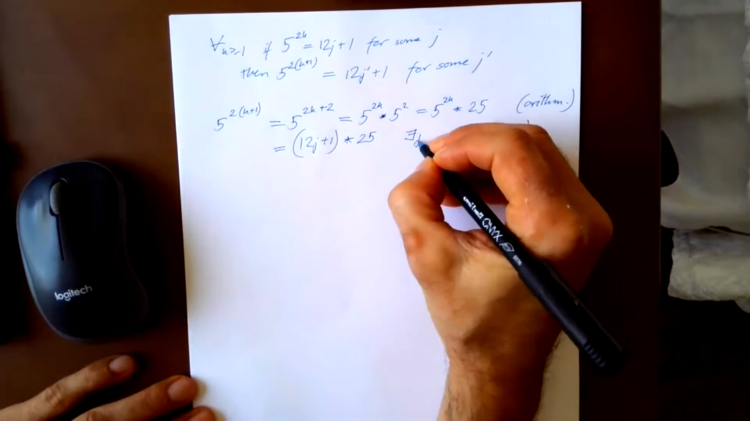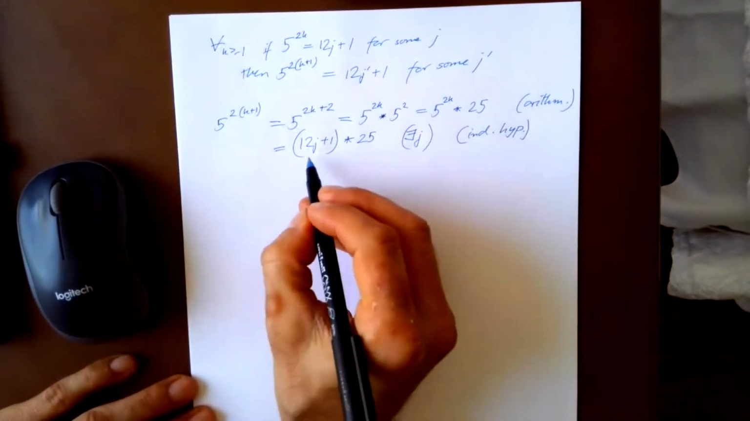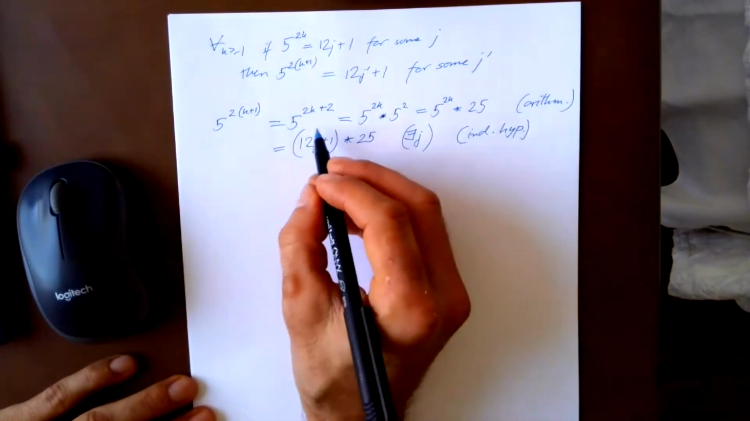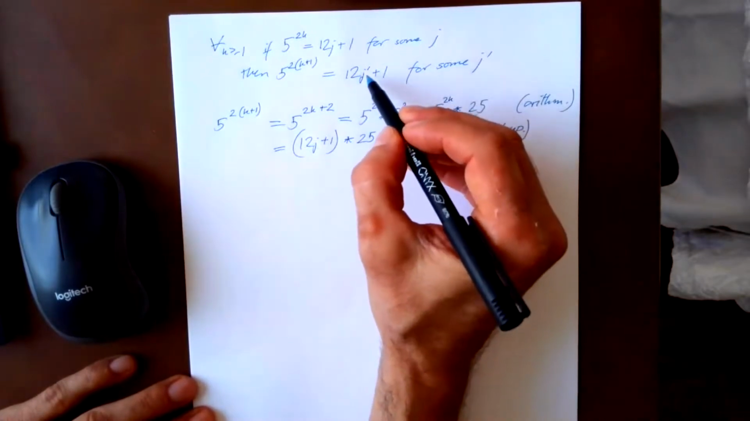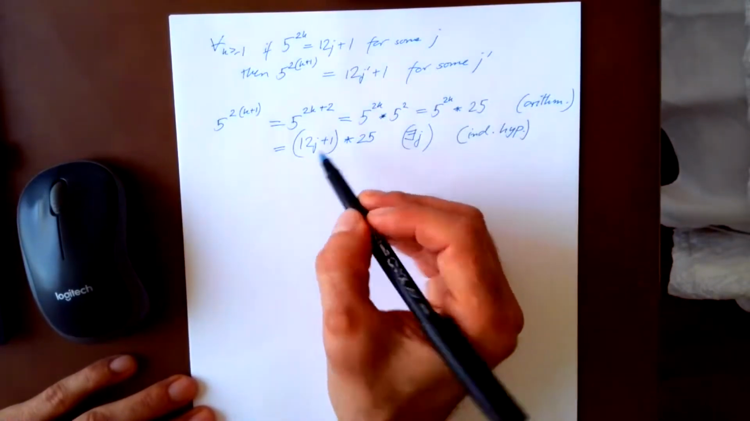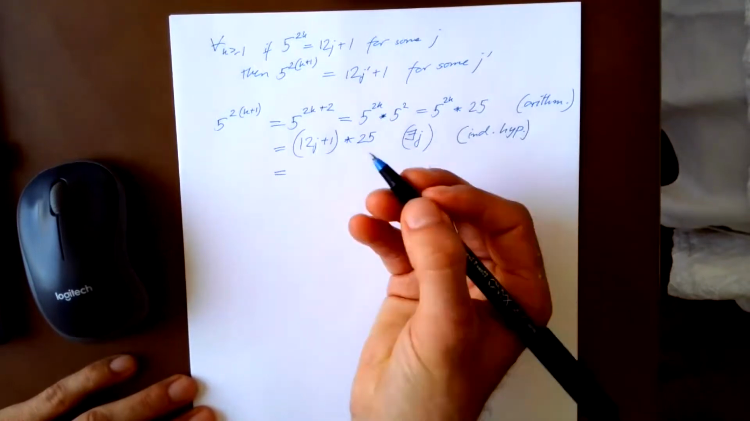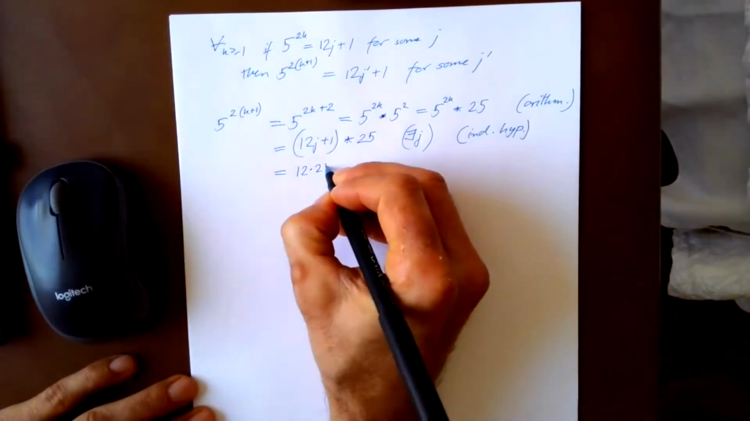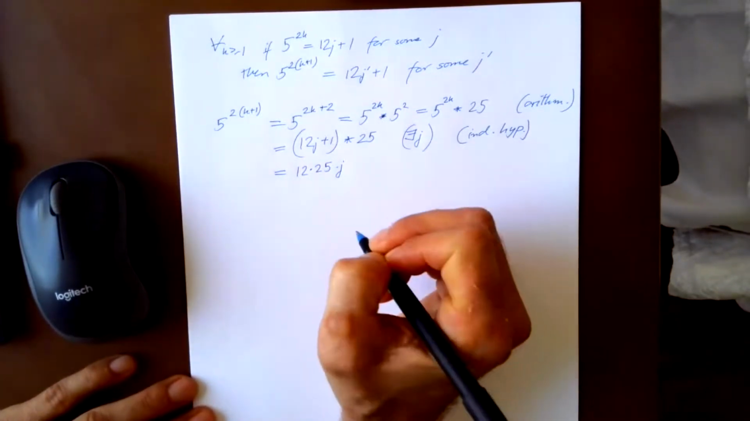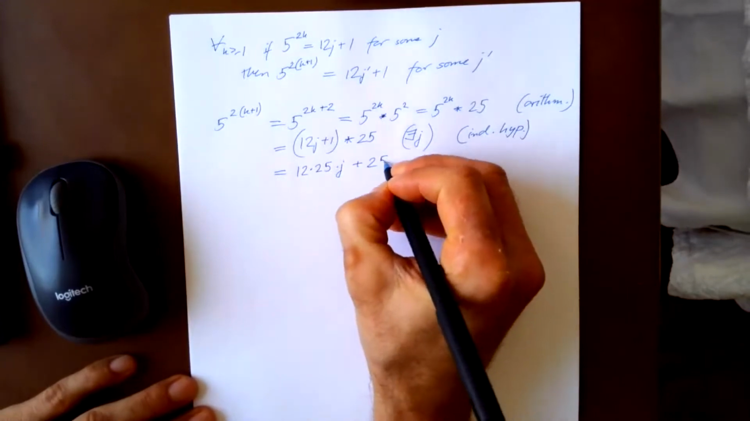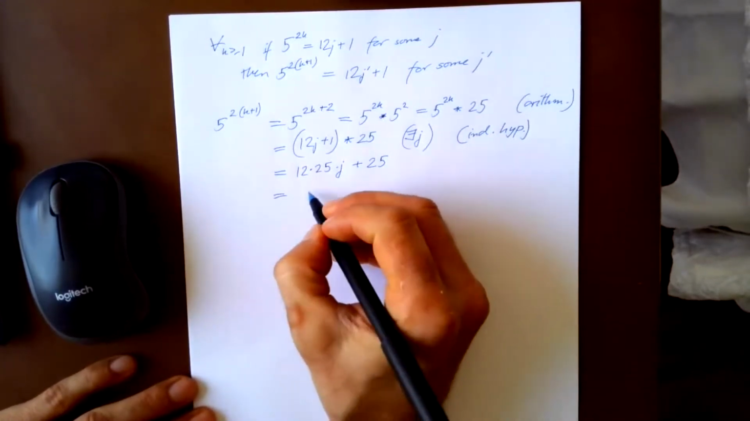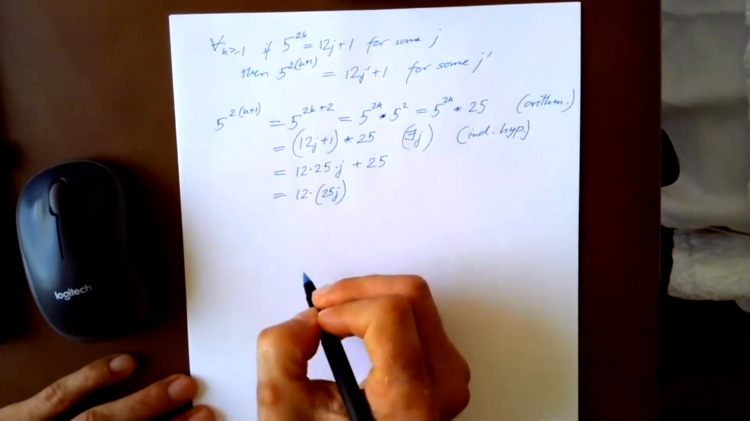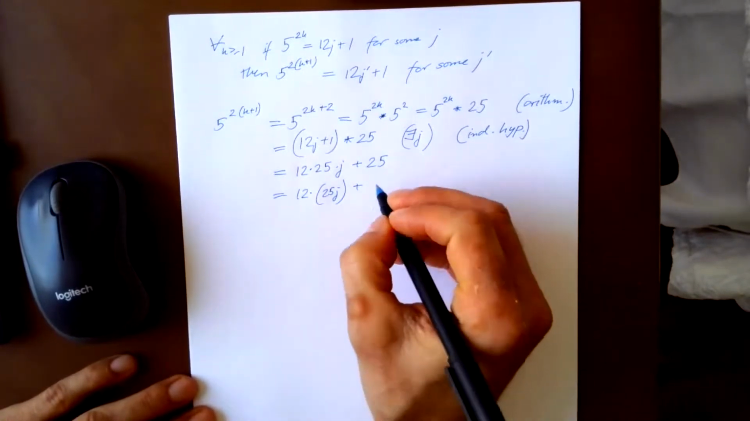So there exists j, right? There is some j that makes this expression true. And what I want is to express it in this form for some j prime. Let's try to do that. How can I do that? Let's try to multiply everything. So 12 times 25 times j plus 25. So this is 12 times 25j plus,